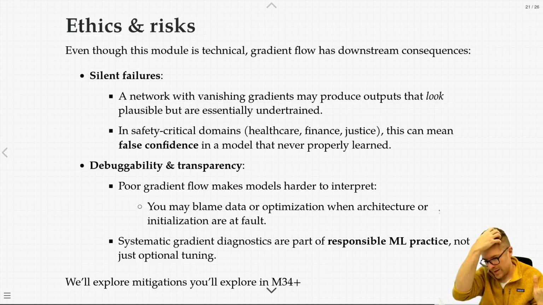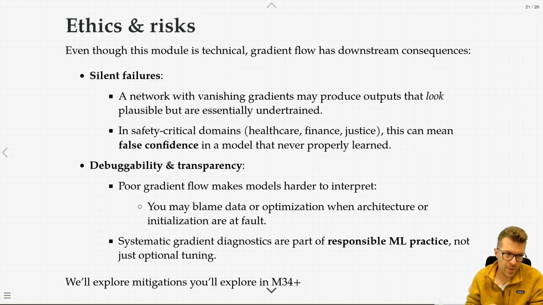But then what I'm doing is shipping a neural network with like 80 layers which haven't learned anything. I find the neural network is doing reasonable things, but also has a lot of layers that haven't adapted. Therefore, the behavior will be a bit weird on new inputs. So what am I even doing? At the very least, I have a neural network that's grossly inefficient. So it's always better, before you ship things, to start looking at the gradients, so that you're not shipping something horrible. In safety critical domains like healthcare, finance, justice, and actually almost everything these days, this can mean false confidence